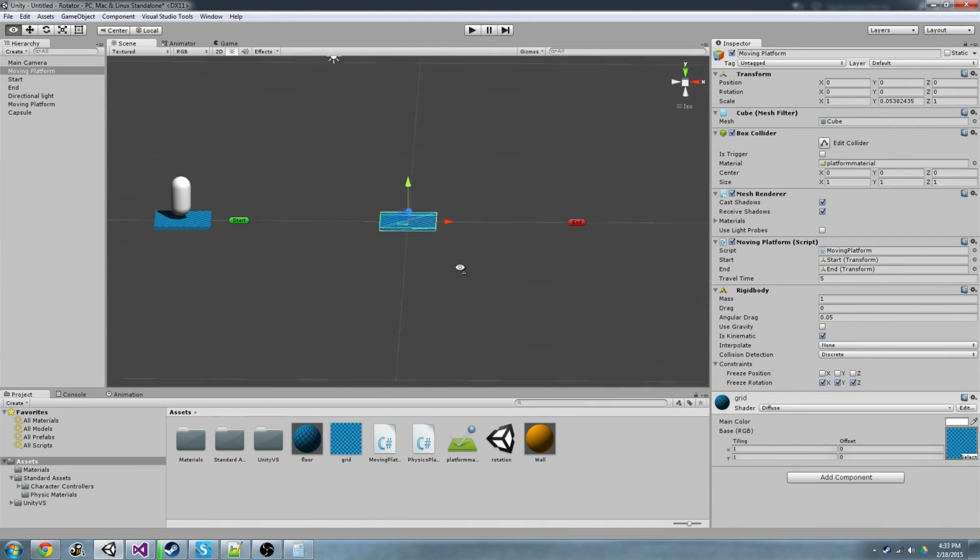So yeah, there you go, moving platforms and spinners using physics. As you can see, it'd kind of be hard to get all of that in a Reddit post, so